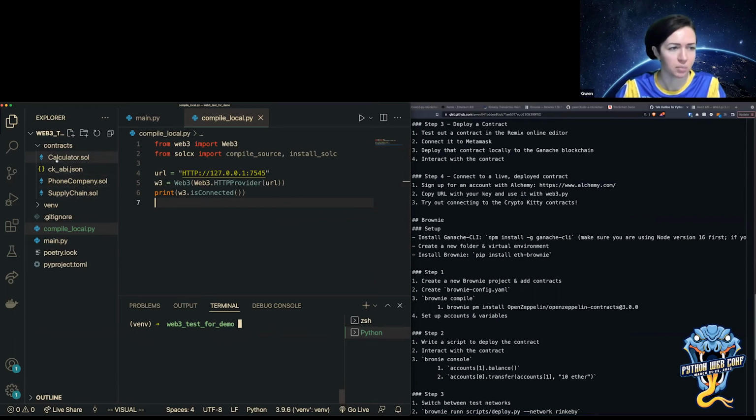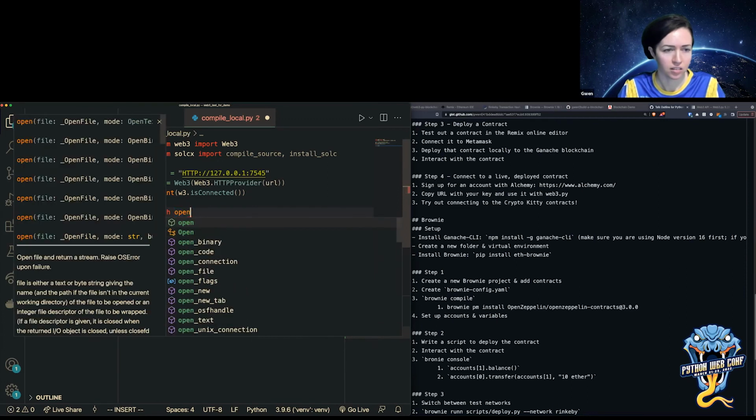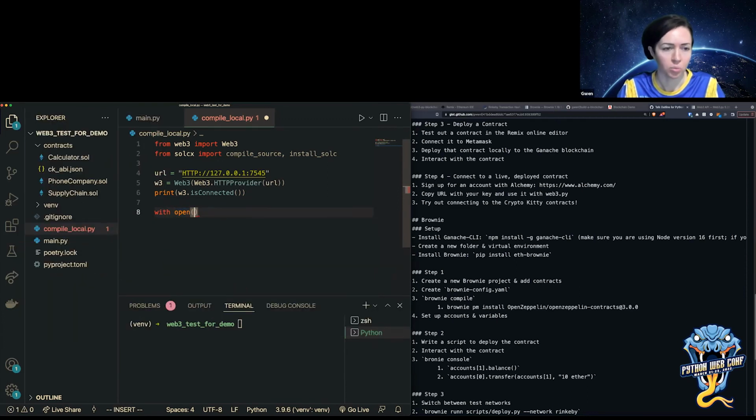And now I need to import one of these contracts. I think the only one I'm going to have time to do is calculator. So I'm going to do with open, just open that file, contracts slash calculator.sol.